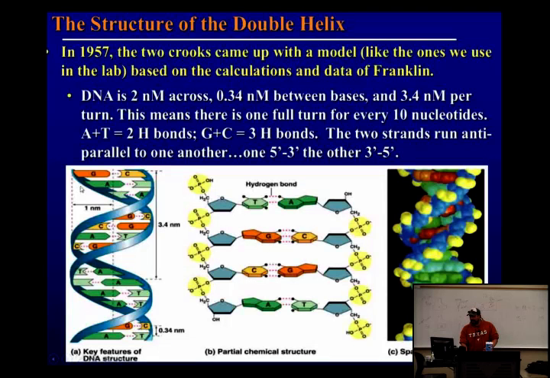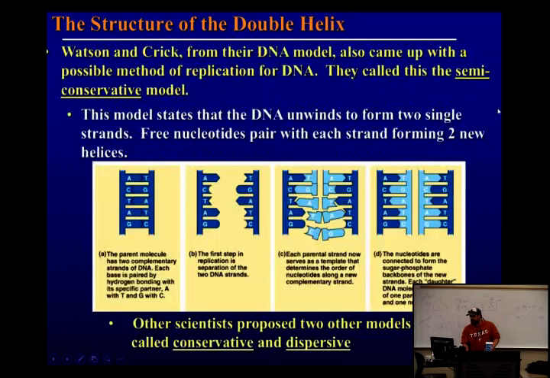How many between G's and C's? 3. And there are proteins that interact with DNA. So there's 2 grooves in DNA. One is called the major groove, this really wide one, and one's called the minor groove, which is this really tiny one. So where do you think the proteins interact with DNA to read the sequences? The major groove. So the major groove is most important. I won't ask you guys any of that stuff. I'm just giving you sort of tidbits so you kind of get an idea of what scale we're talking about.